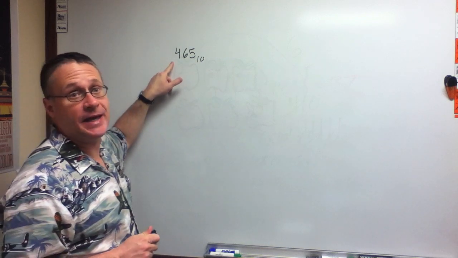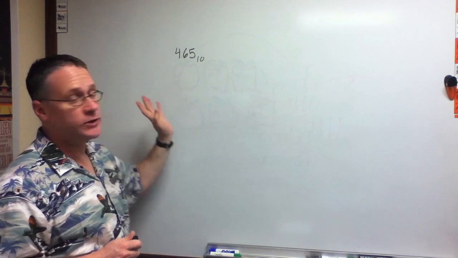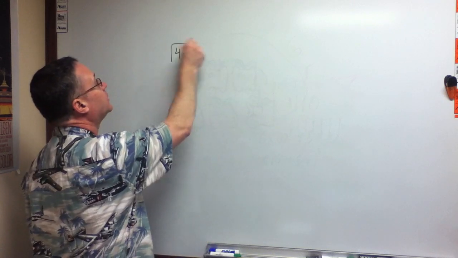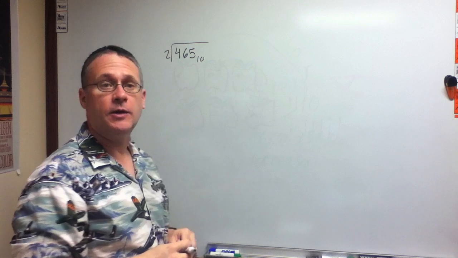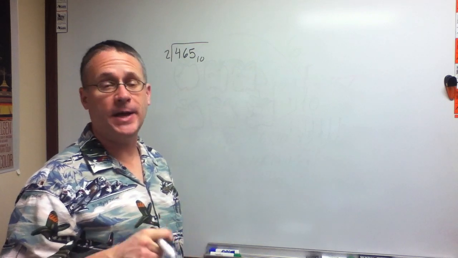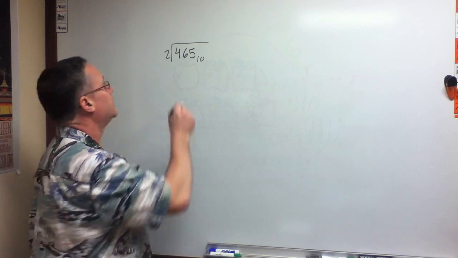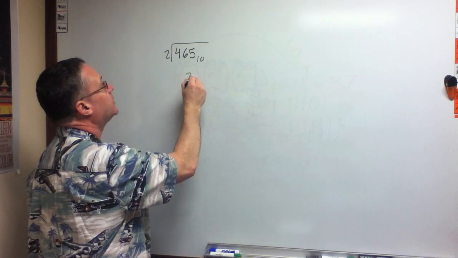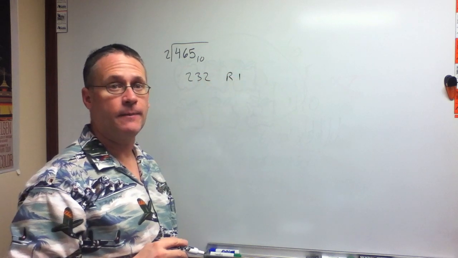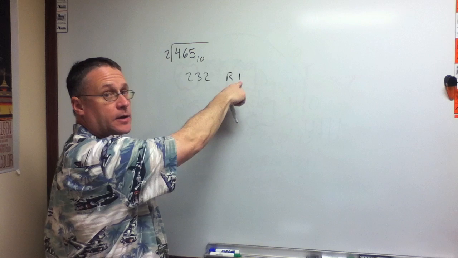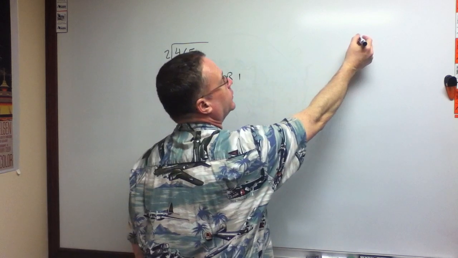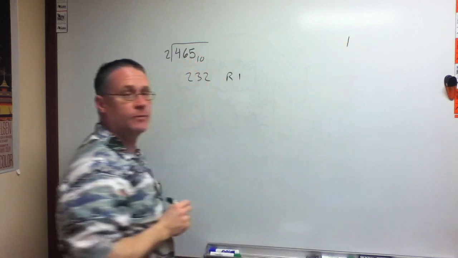All right? So 465 base 10, our decimal number. We're going to convert that into binary. So what we need to do is divide that by 2. And what do we get? We track not only the result of the division, but the remainder after division. So it turns out that that is 232, remainder 1. Okay? So our 1 basically now means that this original number was odd, and it would be our rightmost bit